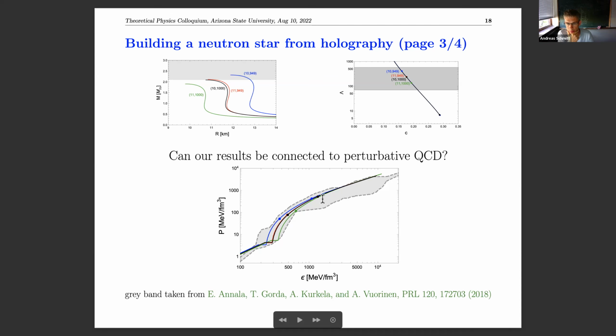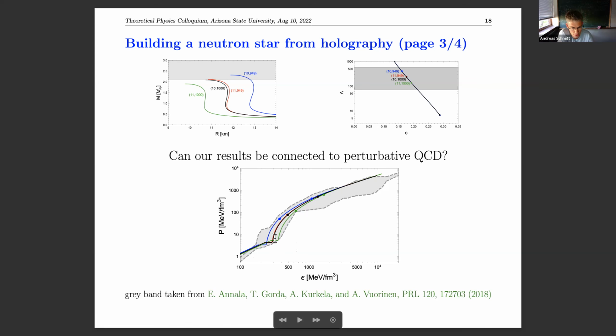Okay, so to connect it to our model, in our model, one could say it's not asymptotically free. It could happen that our heavy stars probe some region where we are outside that band, right? That's a question we were asking. And we find, so these dots here are the heaviest stars. These are the 1.4 solar mass stars. So we find they're inside the band, which is very nice, right? So that means we can use our model up to a certain point, and we say we don't trust it anymore, but we can consistently still connect it with perturbative QCD if we want to.